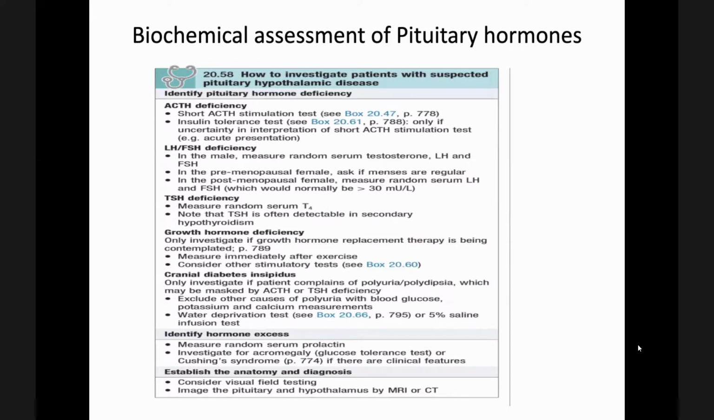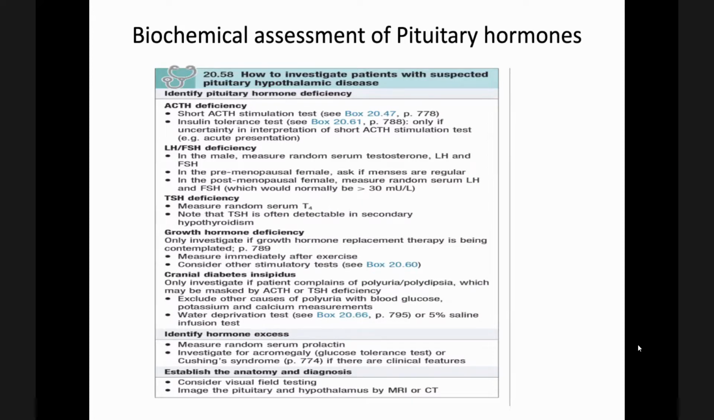Similarly, to identify hormone excess, we have to measure random samples like serum prolactin. So we have to investigate for acromegaly, that is we have to assess growth hormone after glucose tolerance test, or for Cushing syndrome we have to go for 24-hour urinary free cortisol or overnight dexamethasone suppression test. These investigations will go through the chapters, and also then we have to establish the anatomy